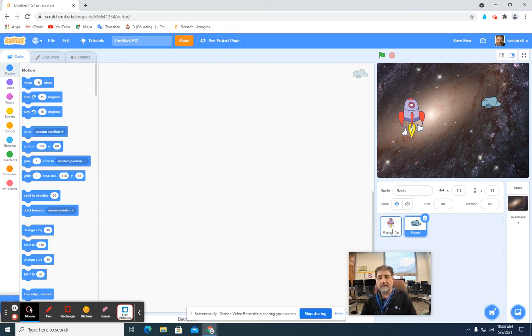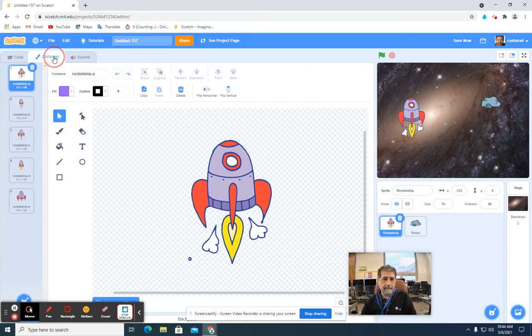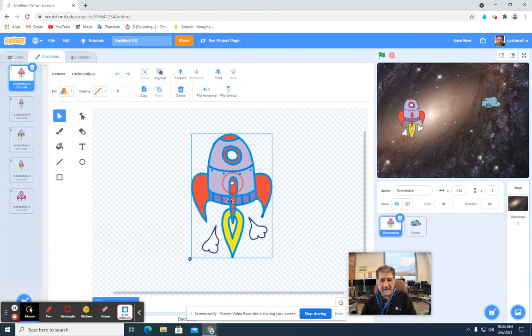Now we are going to turn the rocket ship. We could turn it here, changing the direction, but we are not going to do it here. We go to costumes. We select the whole thing. You remember the arrow is selected, and we are going to drag on the diagonal. Why don't we just click? Because these are two separate images,